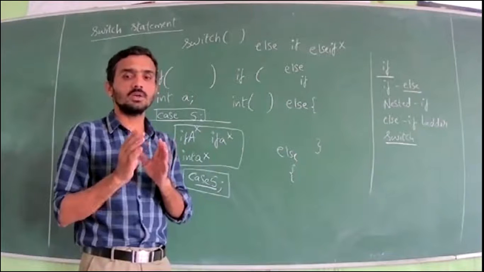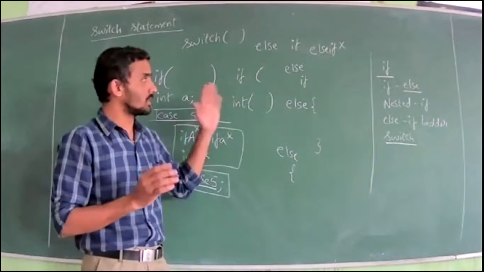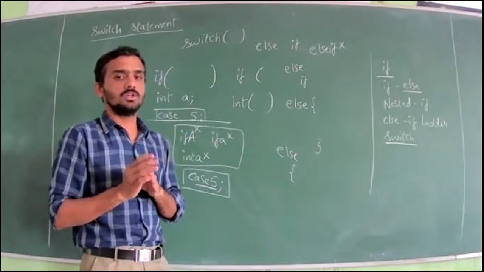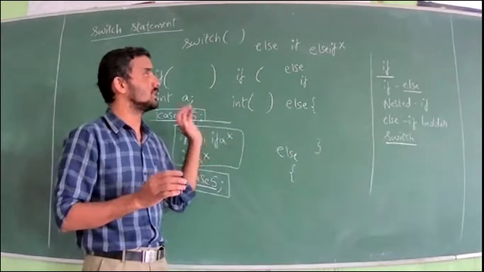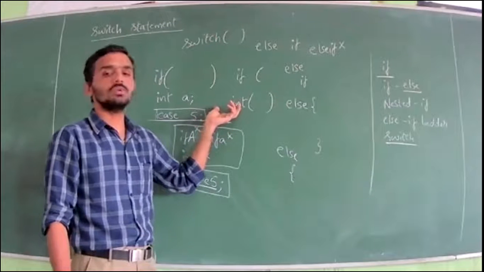Whenever you come across error messages on the editor screen, read the error message correctly. Try to understand what mistake you have made. Go to that particular line. It will display the line number also. See what mistake you have made, then you can rectify it. For that you should know the syntax.